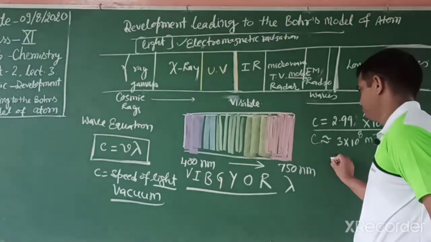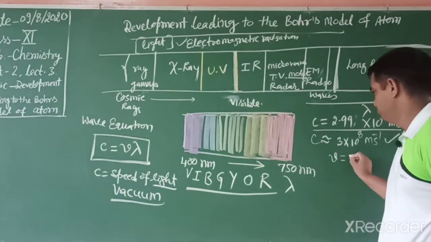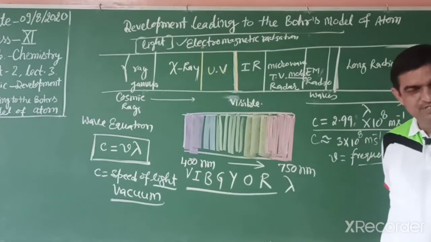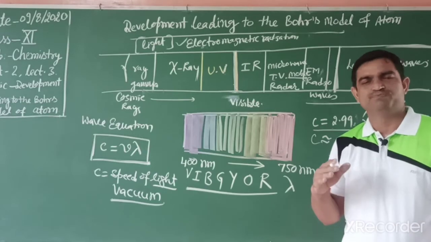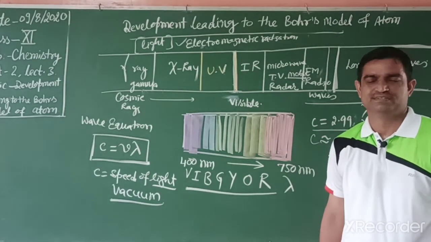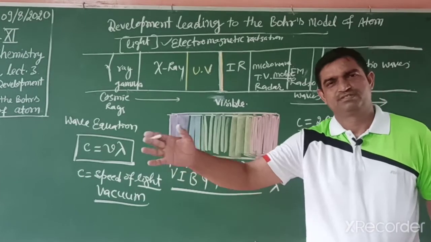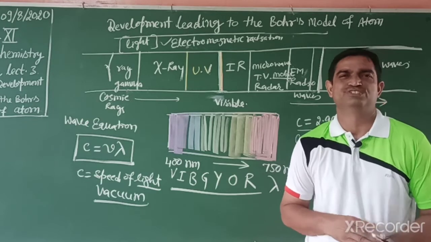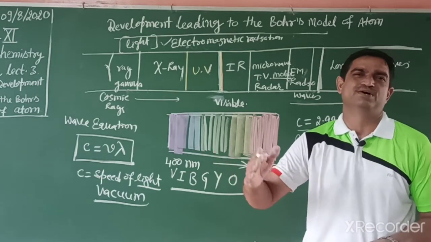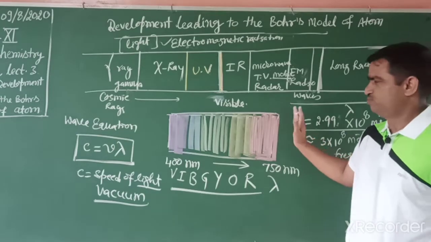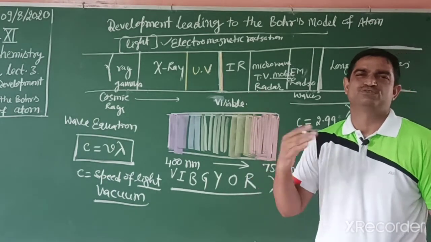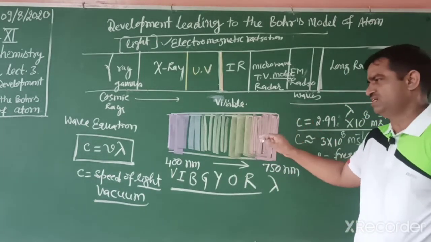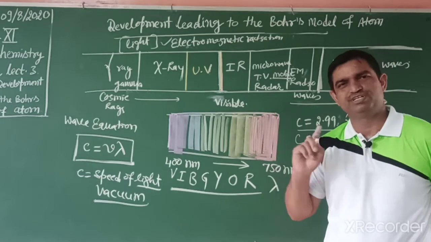Another one, what is frequency? Nu. That is frequency. What do you mean by frequency? The number of waves passing through a given point in 1 second. Students, when we stand at a bus stand, someone may ask what is the frequency of the bus. It means after half an hour, 1 hour, or 10 minutes, a bus moves from one station to another. After 10 minutes, so what is the frequency? In 10 minutes, 1. In a similar way, the number of waves passing through a given point in 1 second is frequency.